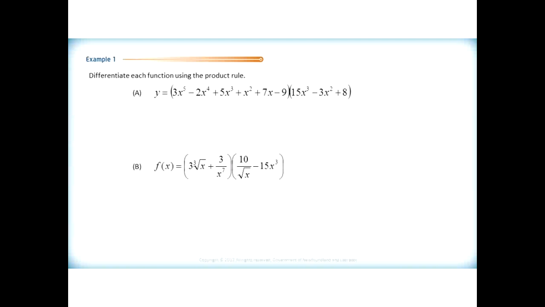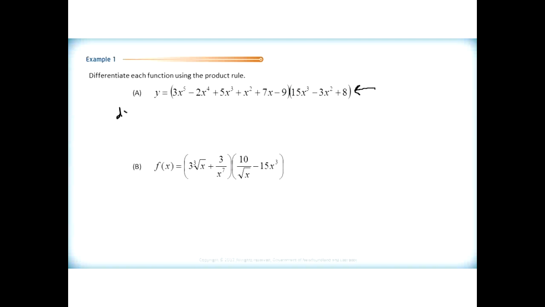So here's a couple of examples. We have, in the first case, a really ugly looking function because we have a quintic polynomial multiplied by a cubic polynomial. If I were to try to expand this and write it all out so that I had all the terms to differentiate individually, using my power rule and my sum and difference rules for polynomials, I'd end up with 15 terms before I even started to collect like terms. So if I just want to find the derivative quickly without doing a whole lot of simplification,